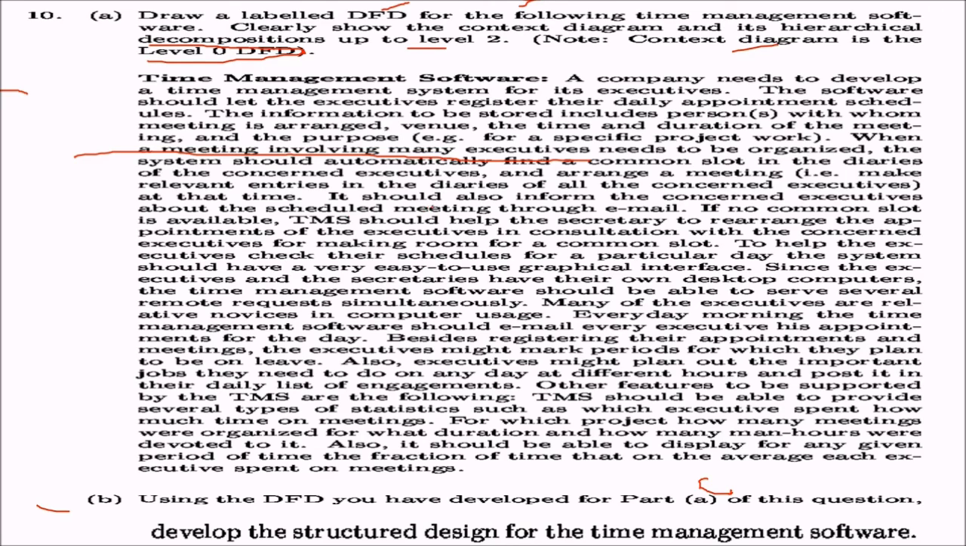It should also inform the concerned executive about the scheduled meeting through email. If no common slot is available, this time management software should help the secretary to rearrange the appointments of the executives, in consultation with the concerned executive, for making room for some common slot. And to help the executive check their schedule for a particular day, the system should have